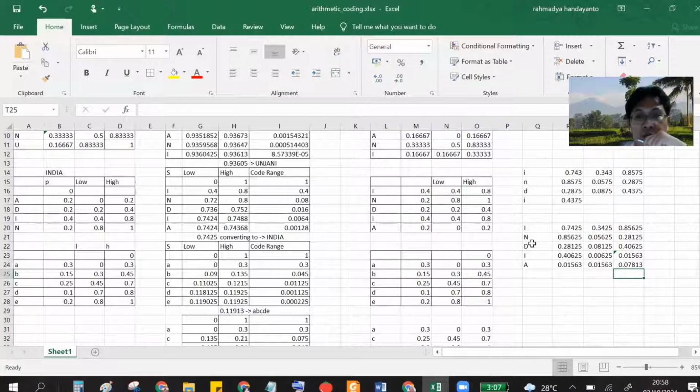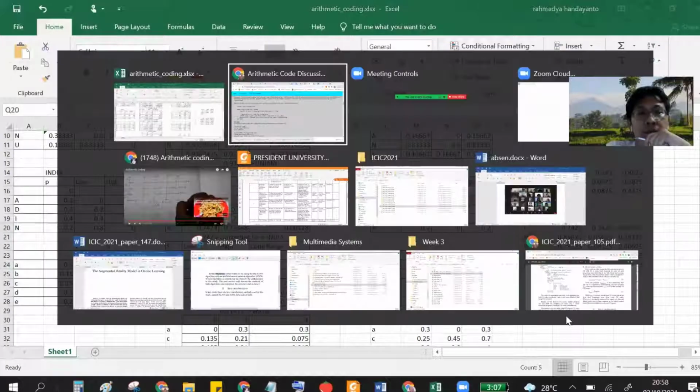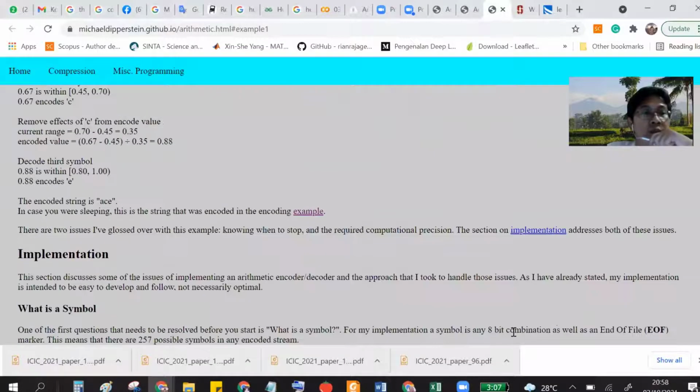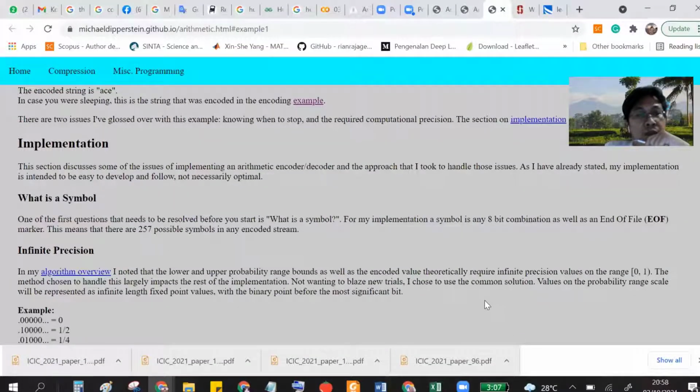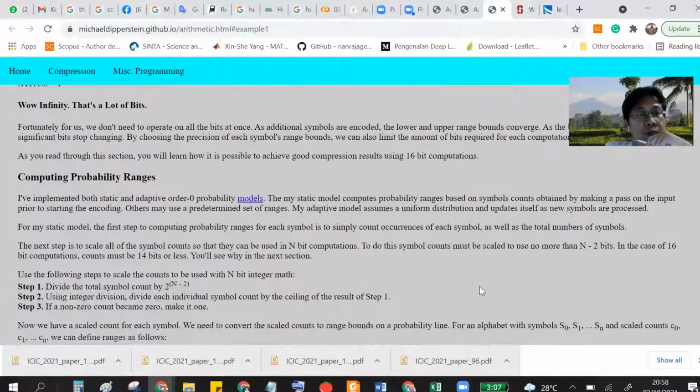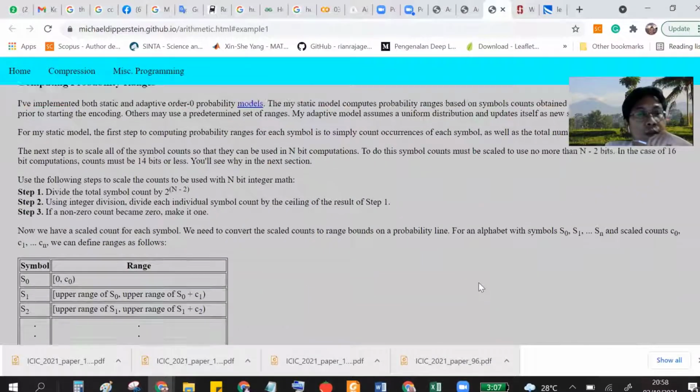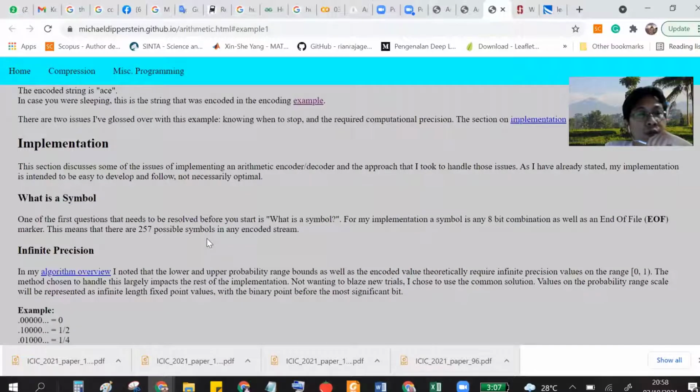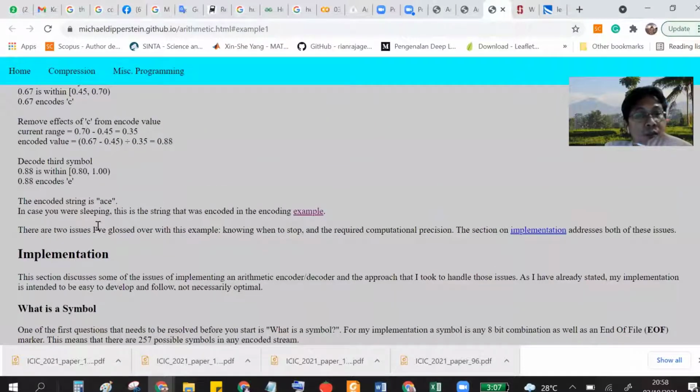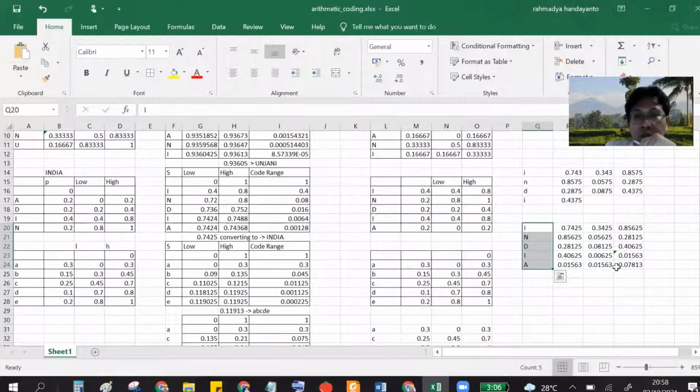Because we have to achieve this. This is also the problem in arithmetic coding, for stopping, for implementation. When to stop, there is some issue. Stop, because this calculation will continue.